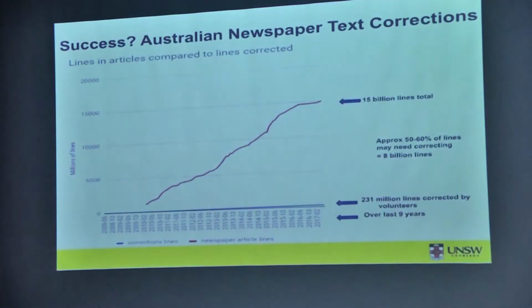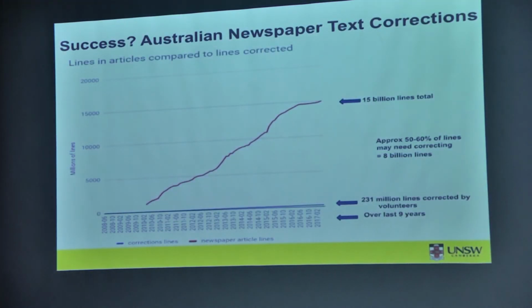But what does success really mean? In the case of Australian newspapers, the goal was to improve the quality of the search by increasing the overall accuracy of the whole corpus. Arguably, this has not been significantly achieved, as we will see shortly. However, what has occurred, the creation of an active, vibrant community that has become socially engaged across many physical and virtual communities, was a runaway success, even though very little thought had been given to this at the start, and it was not even an articulated goal of the project.